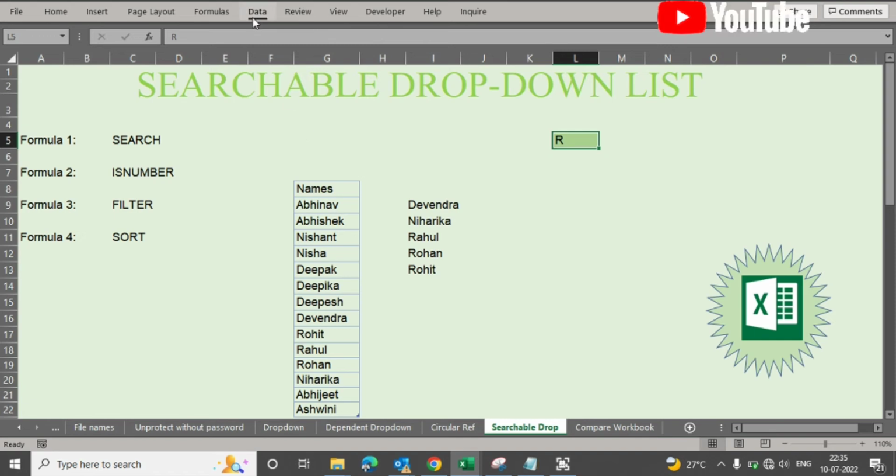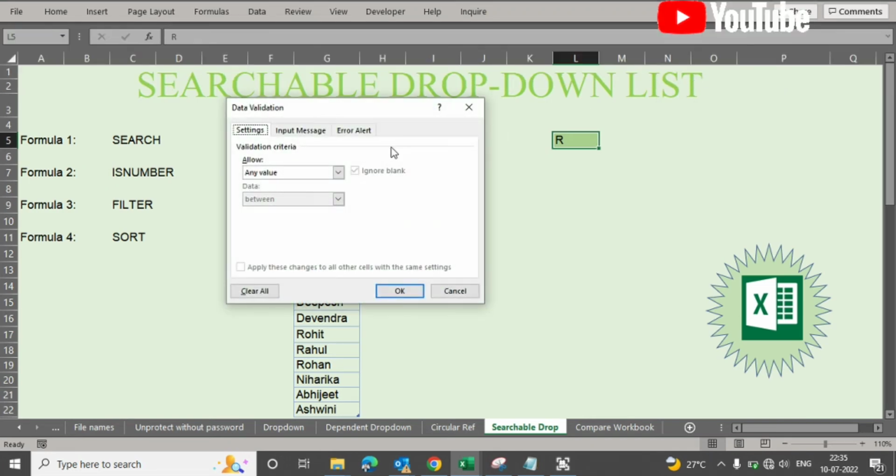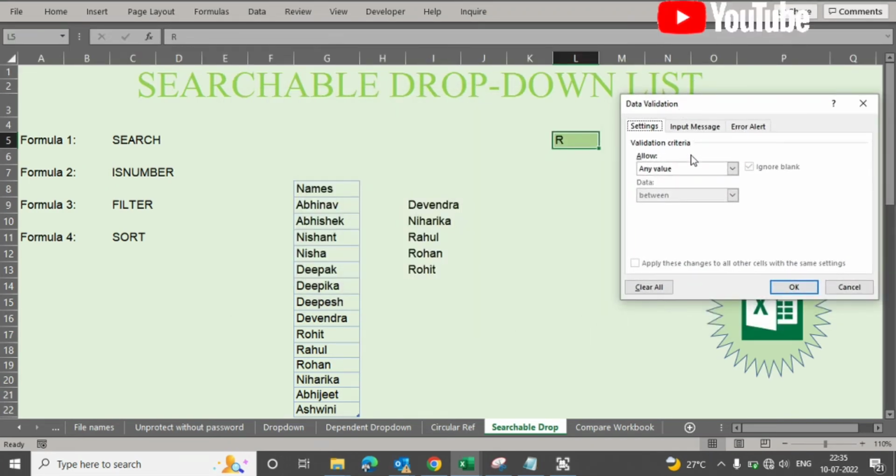So, we'll go to Data, Data Validation, and over here we have this option, List. We have to define the source. What will be the source? Equal to this cell. Now, you might wonder why only one cell is being selected, because the data that is getting filtered over here might run into a number of cells. So what we do is, we just apply a hash